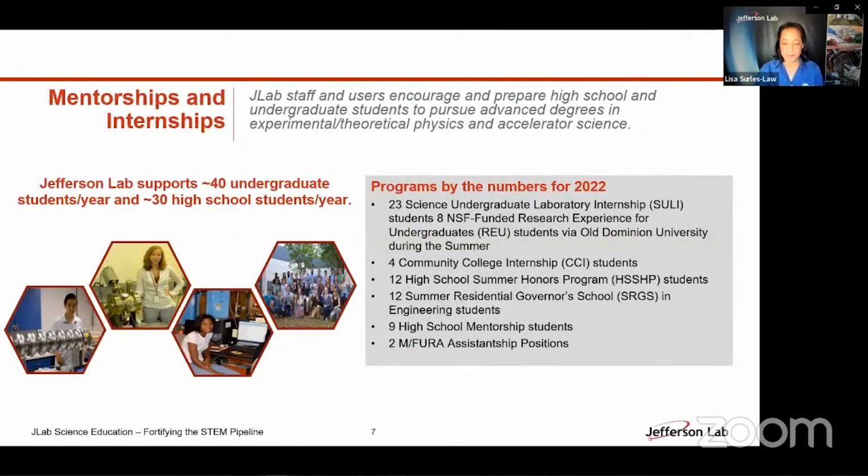Our premier programs for undergraduates are SULI, the Science Undergraduate Laboratory Internship, and then the REU, which is a Research Experience for Undergraduates. Those students come to us through this grant from Old Dominion University. And a unique offering that we have had for the past 2 to 3 years is a community college internship program. That is for students who are enrolled at community college, and they are able to do technical internships here